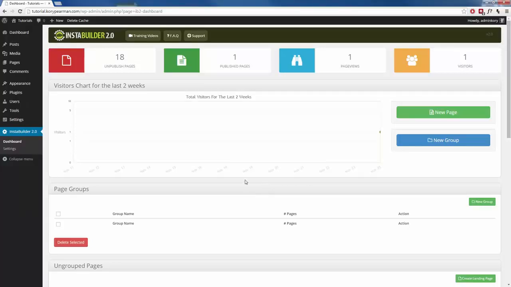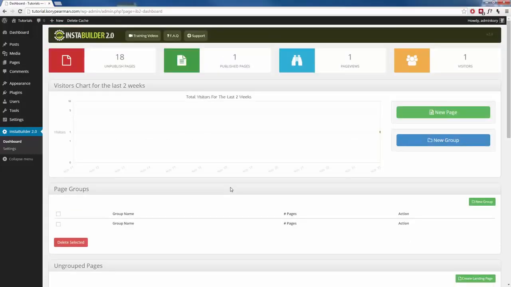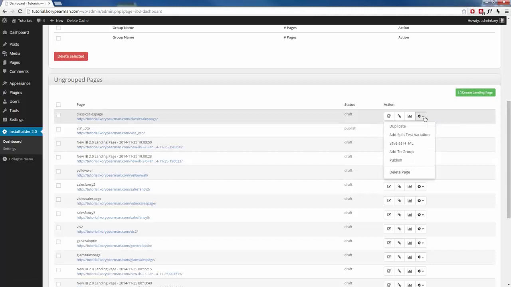dashboard right now, and this is where you can come to pretty much do anything you want. You can come here to check your statistics, as in your visitors. You can see all the different pages that you have created within Instabuilder 2.0. You can view the stats for those individual pages by clicking on the View Stats button here. You can also come here to edit those pages if you like. You can even come here to delete the page, duplicate it, save it as HTML, or even set up a